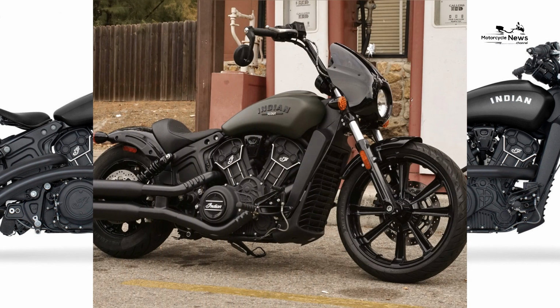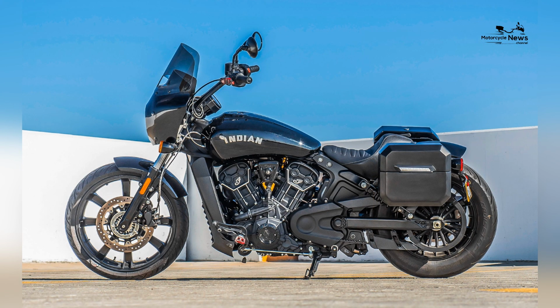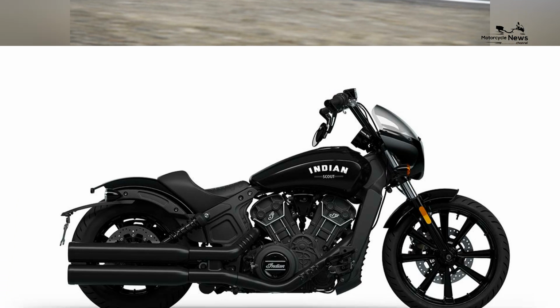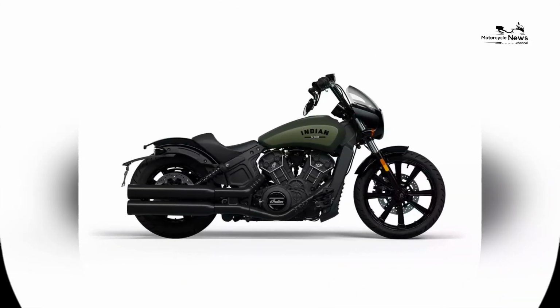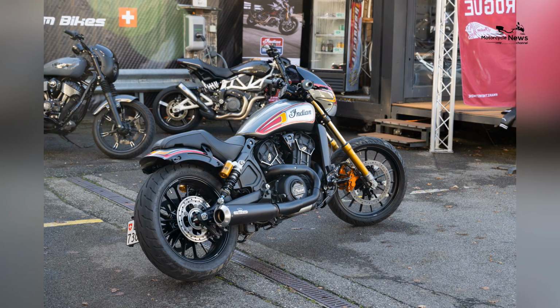Many reviewers highlight the Rogue as Indian's most aggressive middleweight, praising its power-to-weight ratio, unique looks, and customization potential. Conclusion: the Indian Scout Rogue demonstrates that performance cruiser 2025 models can still balance style, usability, and power in the middleweight cruiser motorcycles category. With its aggressive design, strong Scout Rogue performance, and growing popularity across YouTube motorcycle reviews, the